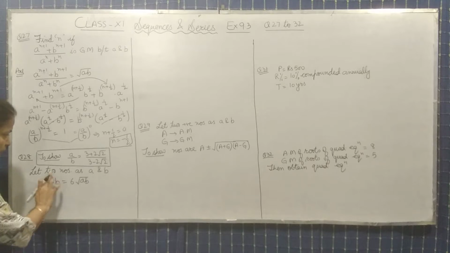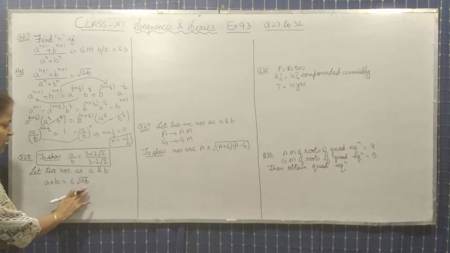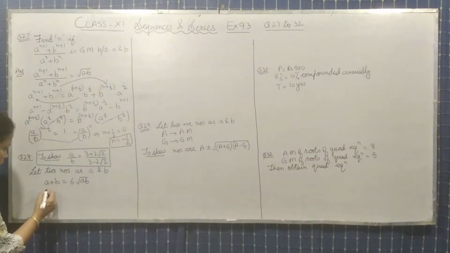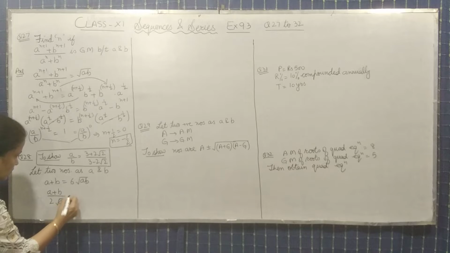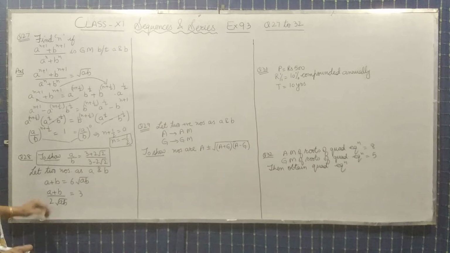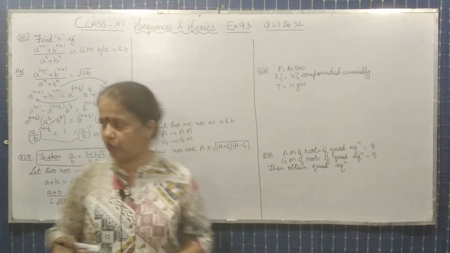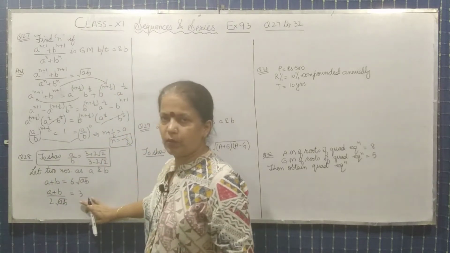It is given, let the numbers be A and B. So the sum of these two numbers is 6 times its geometric mean. So what we will do, we will rewrite it as 3. We have kept it here, and the remaining term we have taken in the denominator. Why are we doing it? Because in componendo and dividendo we need this 3 plus 2 root 2. Then only it will come.